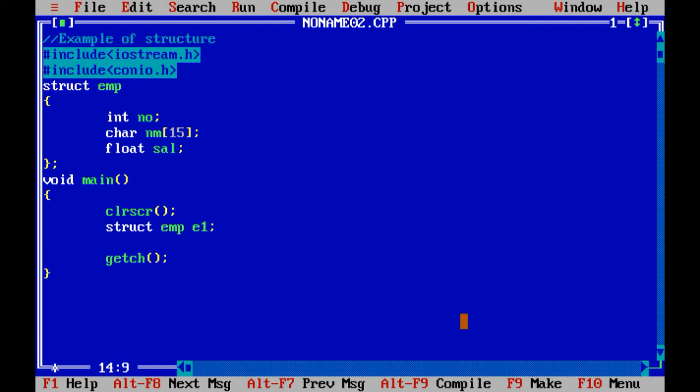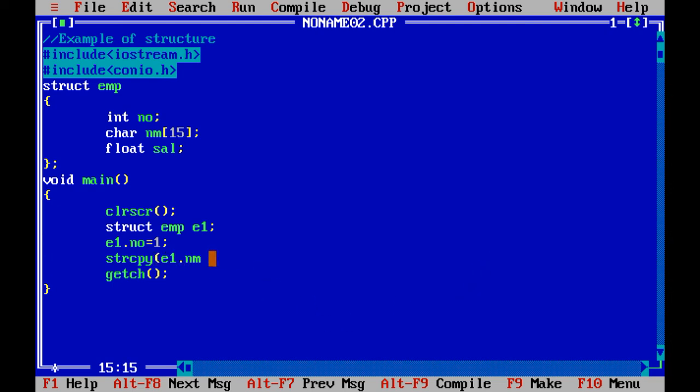Now see, I have used E1.number equals to 1. In this way also I can store the values. E1.nm, remember one thing, here I need to use the strcpy function. Why?